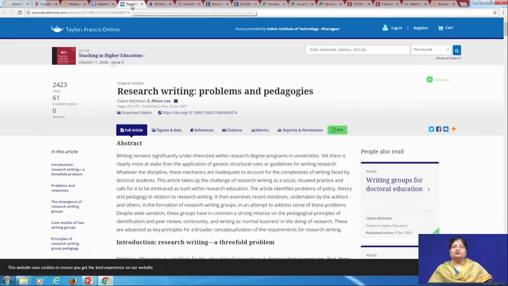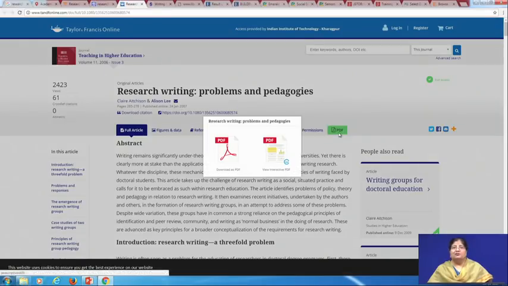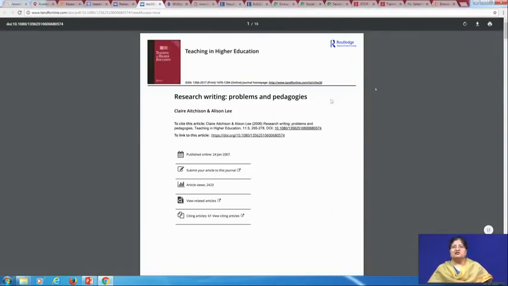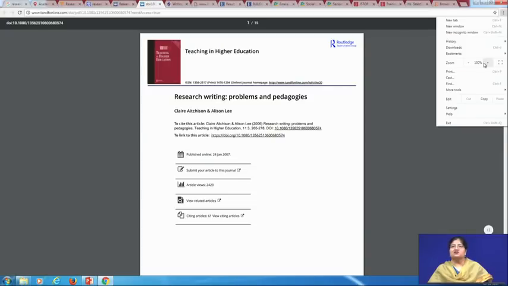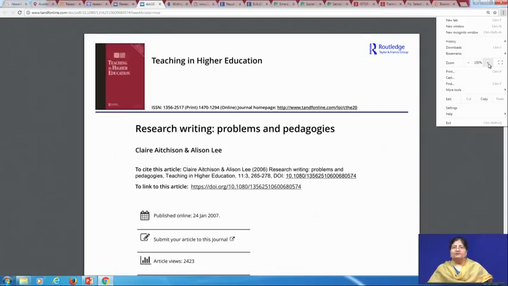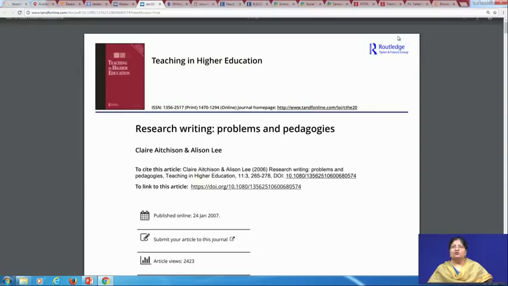This is a different issue altogether. Research writing, problems and pedagogies, full text article, PDF. I want to save a PDF version of this article. So what I like to do is, once the article is downloaded, the first thing to do is to save all these articles on your computer. Now, you could come up with your own way. What I like to do here is, I say download,